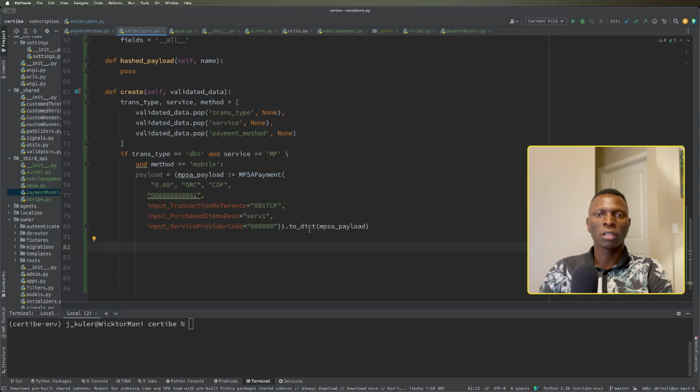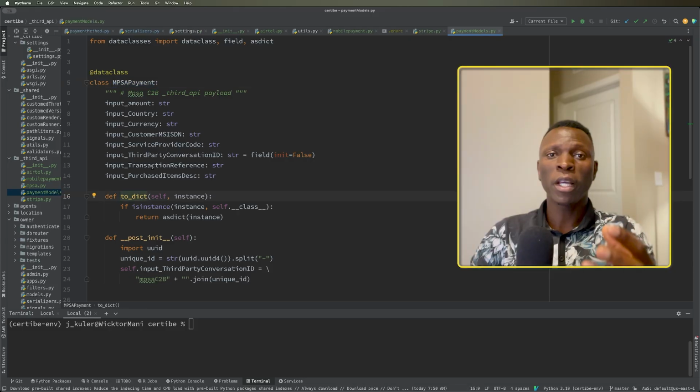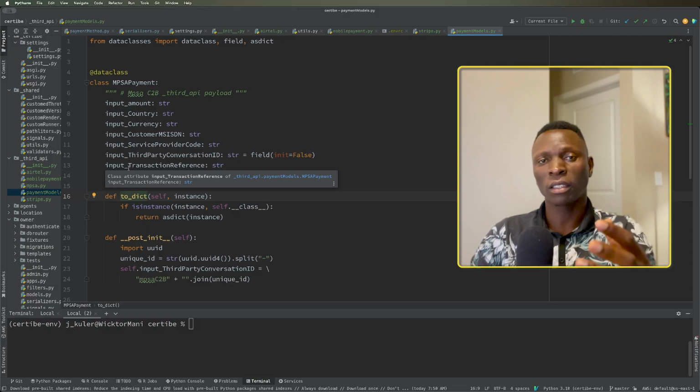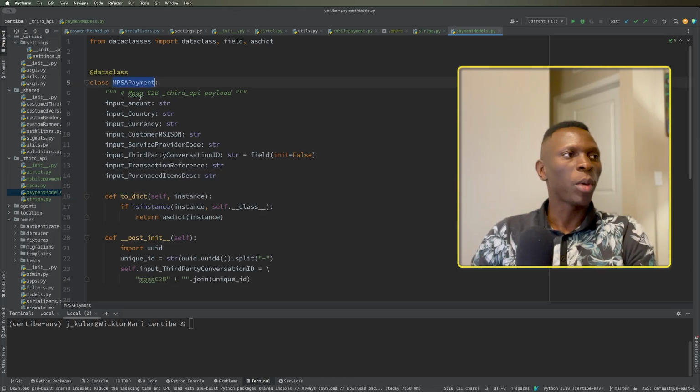If this looks sort of complicated, I will explain in a couple of seconds. If we go back to our model, we want to make sure that all the fields match what the server is expecting, right? We've created a Python data class, so we can convert that data class to a Python dictionary, make that a JSON, and send that to a third-party API to make a payment. So this M-Pesa payment you are seeing right here, this is the future payload that we need to save,